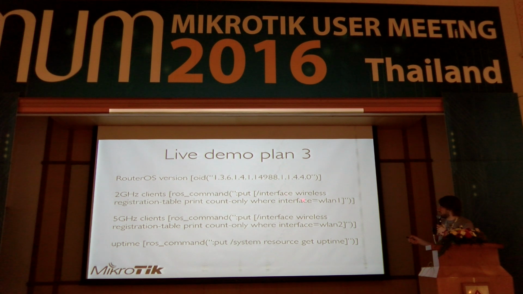So I print the count only of the specific interface, and this information is being added to my map with a description. ตัวอย่างนี้ก็คือเราสามารถ count only เฉพาะอินเทอร์เฟซสมมติ wireless LAN 1 เป็น 2.4 เราก็จะได้จำนวนลูกค้าที่มาเกาะ 2.4 ทั้งหมดนั่นเองนะครับ